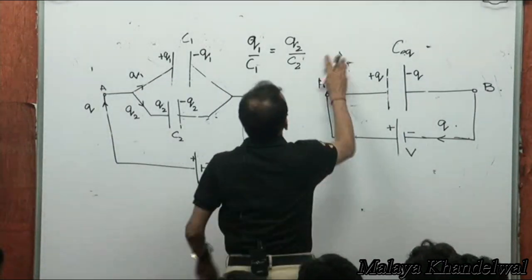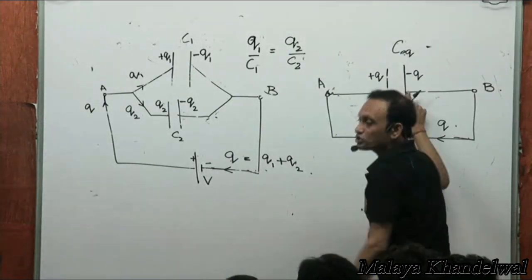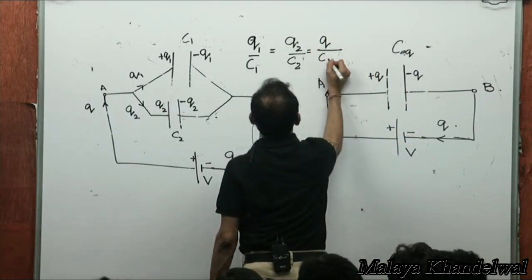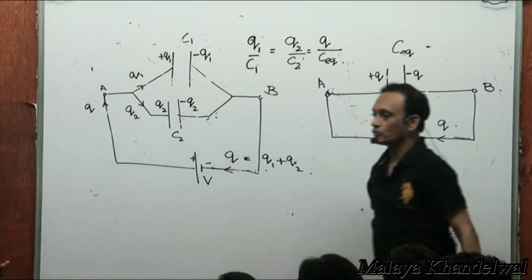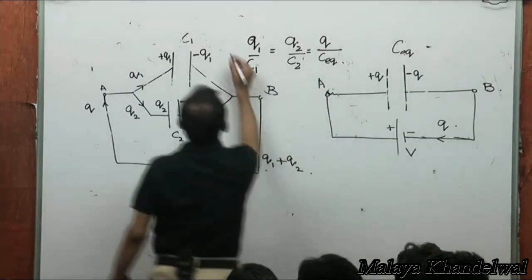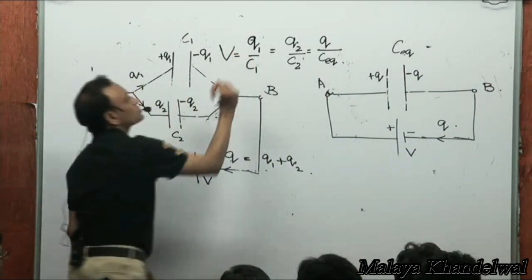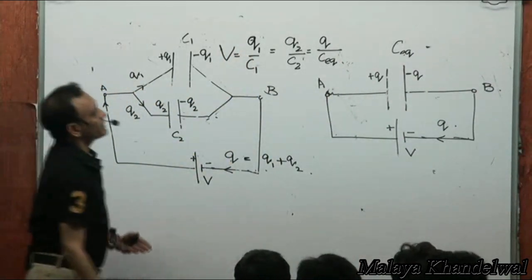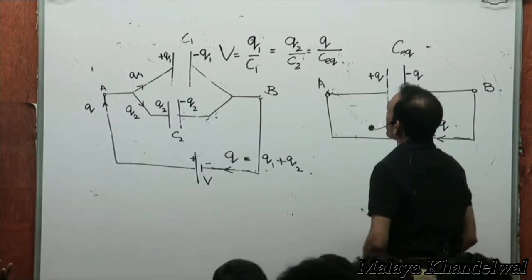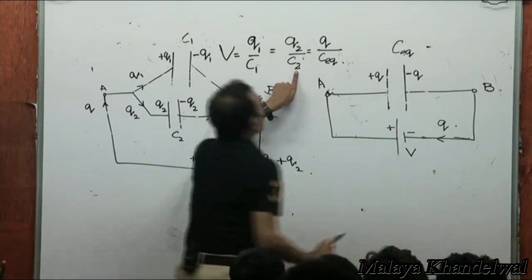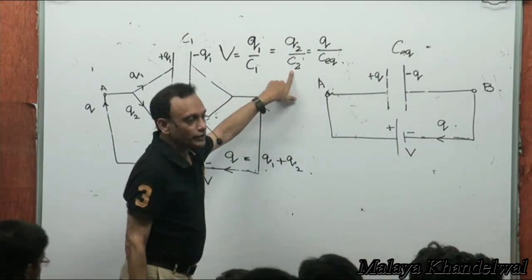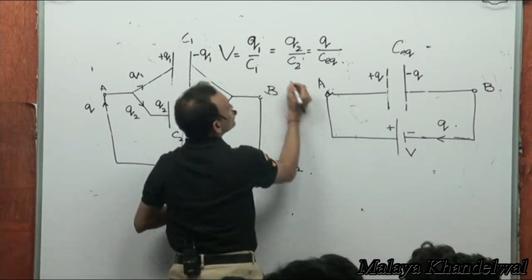So each of these then must be equal to the drop across C equivalent, which is Q by C equivalent. Yes or no? Equal to V volts. Very clearly then, if this is equal to this, then each will be sum of the numerators divided by sum of the denominators. So each of these then